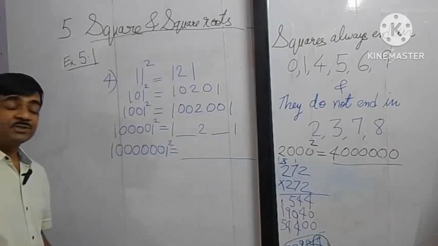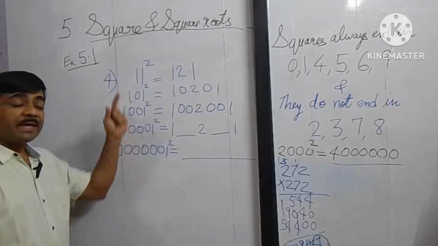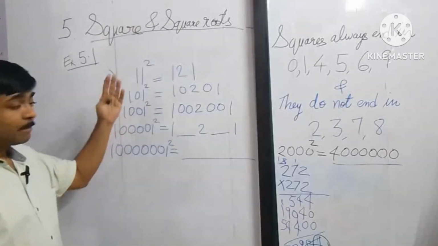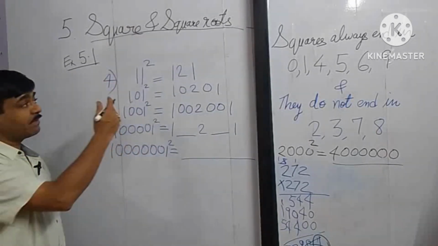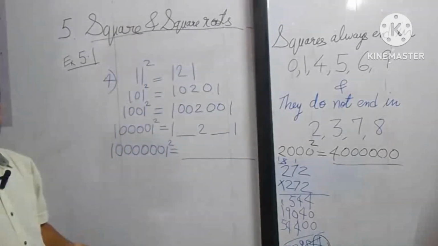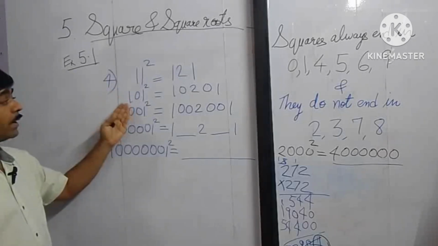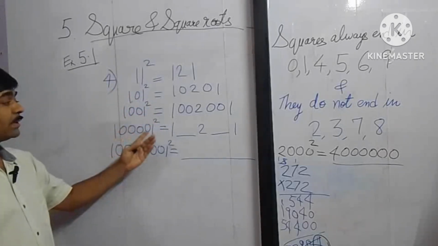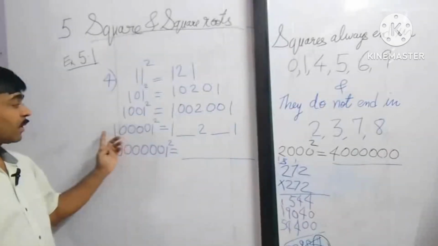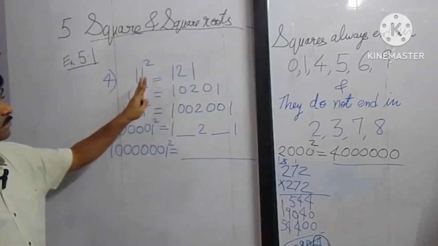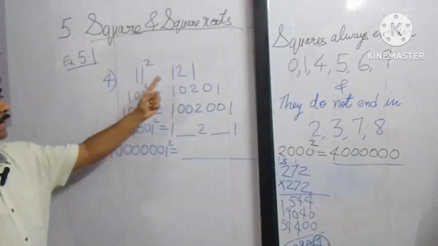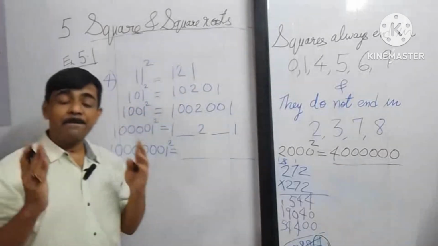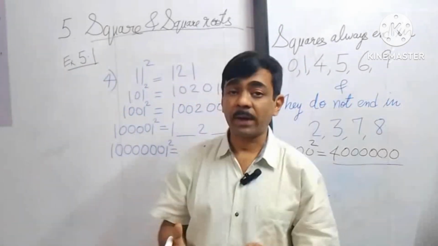Let's proceed. So my dear students, question number 4 is a pattern. We have a pattern observed as 11 square is 121. After that, we have 101 square, 1001 square, 10001 square, and the last question. What do we observe? We observe that 11 square is 121, and when I made this 11 as 101,